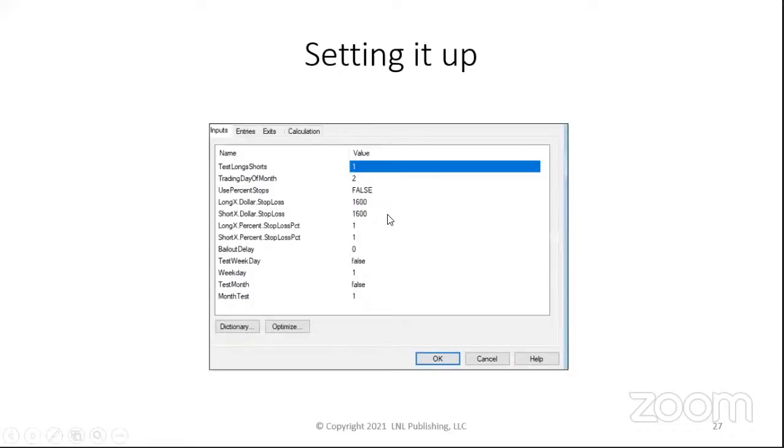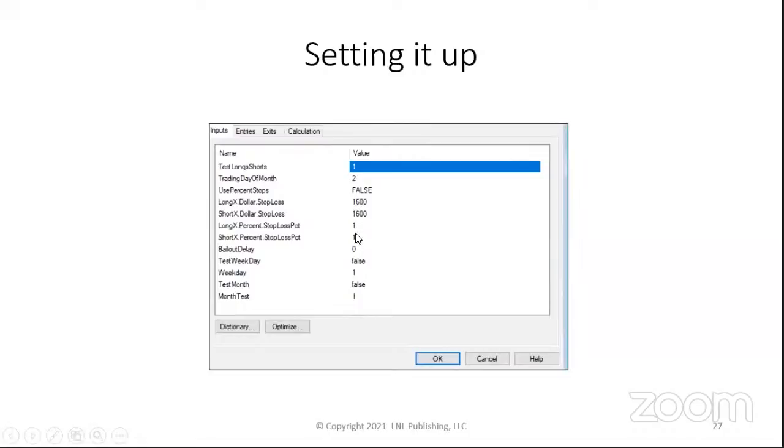Okay. Now this is where it gets really interesting. We can test for longs or shorts, and I'm going to test in a moment. I'm going to show you some actual results. So a positive number 1 means we're going to just look for long trades. Trading day of the month, we can actually optimize that and go from 1 to 23. Some months have 23 trading days, so we'll optimize that. We're not going to use percent stops. We'll be looking at a futures contract, so use a dollar stop loss. If we were short, we could say, looking for just sales with a -1, would have a stop loss for that.